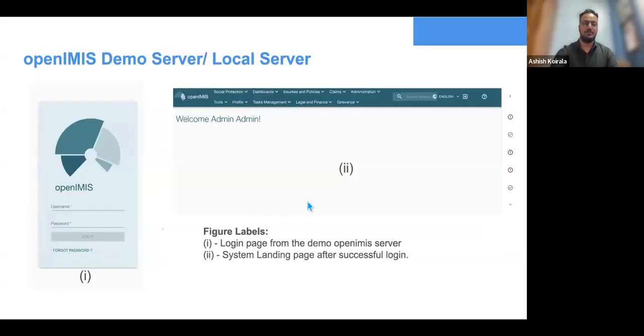So for this, we provide students with the local server, the server that is being managed inside Kathmandu University's lab. And another choice is the demo server. Sometimes if the local server is not responding quite well, we also use the demo server. The demo server is on demo.openimis.org. We can get to the URL and we can get to the demo server. So from there, the students try to